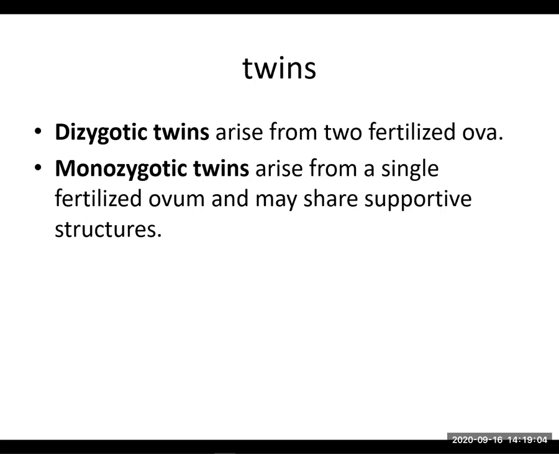All right, so let's talk about another related topic, the twins. Ideally, we have one dominant follicle, one oocyte, one fertilization. But what if we have two, right? If we have two dominant follicles, and both